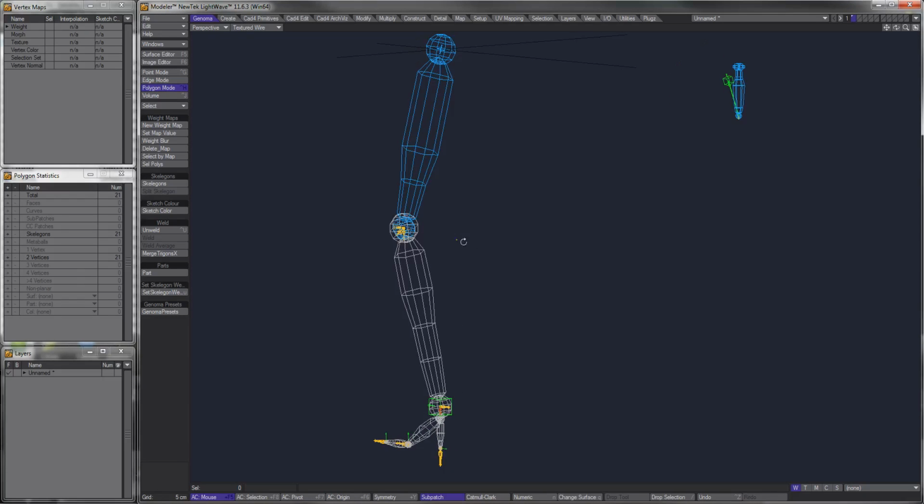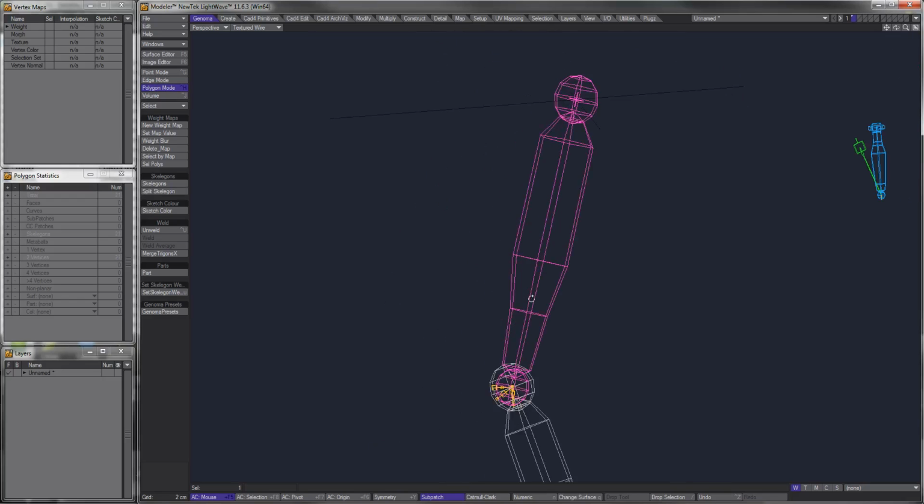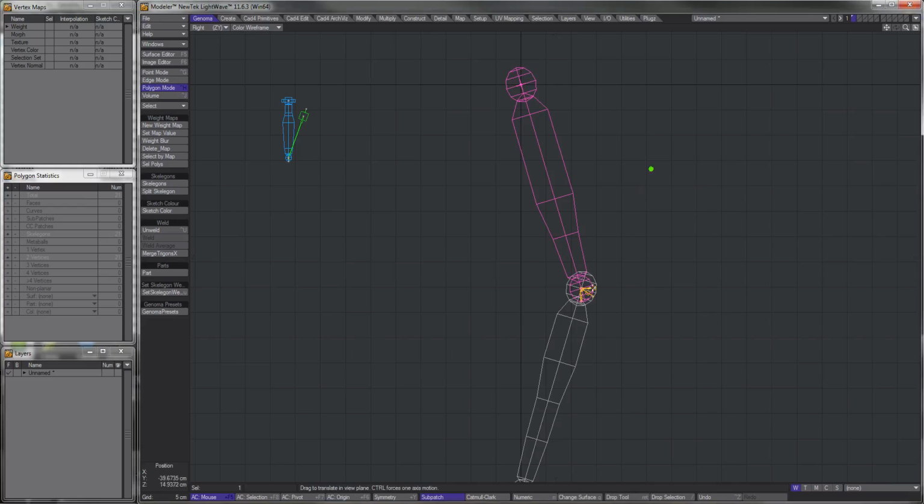So first of all, what I did was I selected this base bone here, and I just did Control X, Control V, and grabbed my drag tool and just drag that bone up. Okay, then I've grabbed the FK control, positioned it, scaled it up,